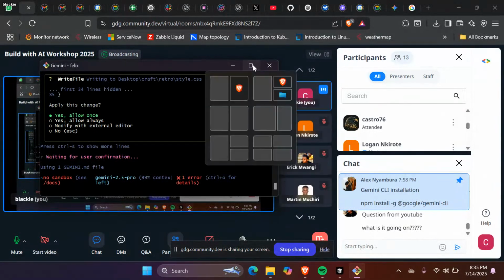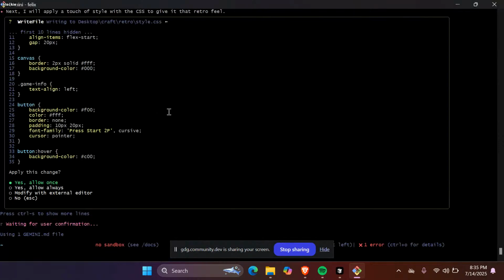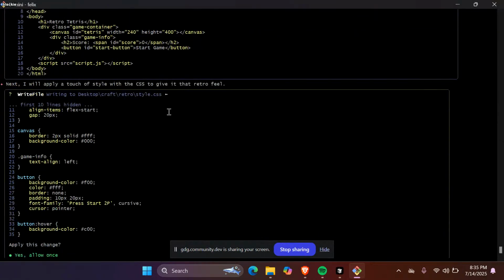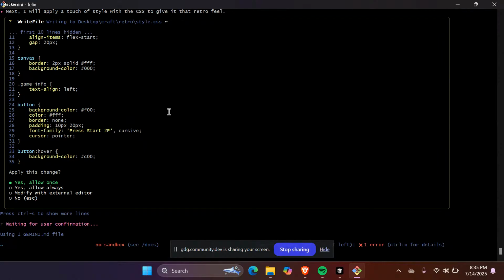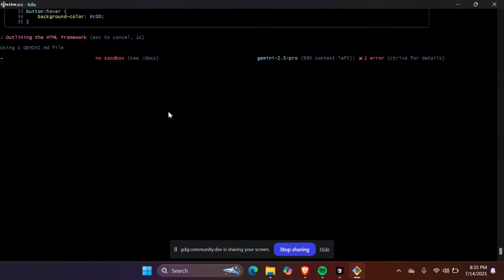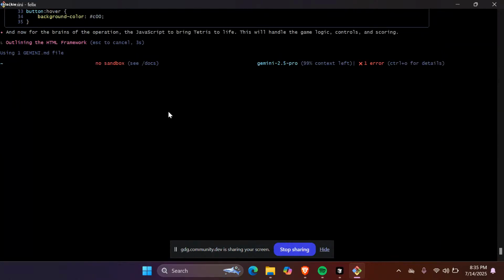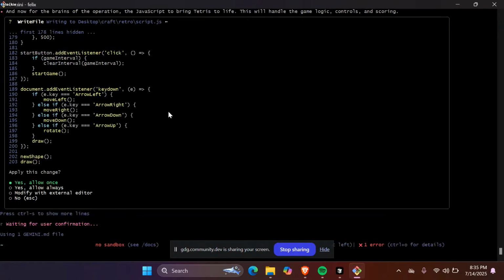Let me increase this. One good thing about it, before it runs any command, by default it usually asks you. So that is for setting up the CSS. We'll handle the game logic. This is the JS file.